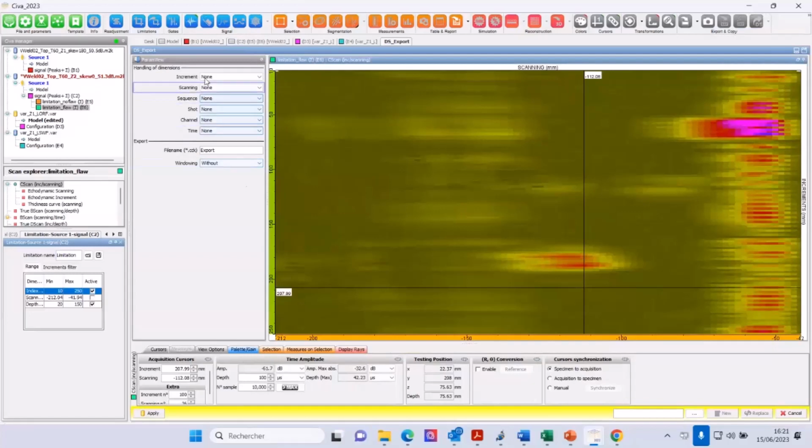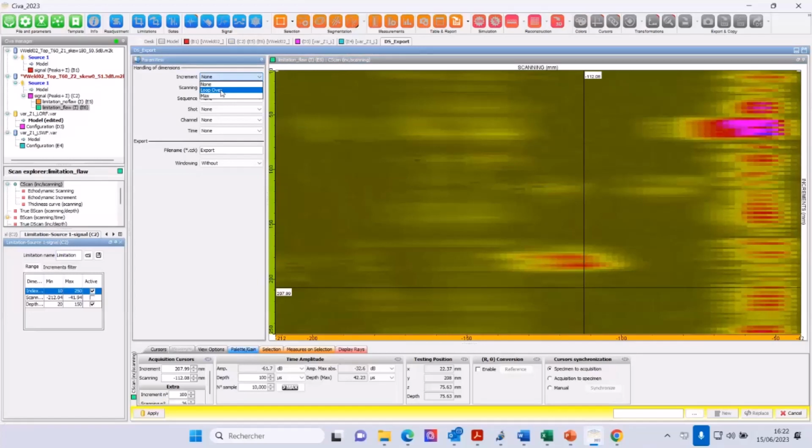information. So you have here some parameters to key in. We'll not go into details, but they are parameters to say what output. This is important to train the algorithms after, to say on which data you want to train, if it's only the maximum amplitude or the echo dynamic or the time of flight and so on. So you have different options here to define which information you are going to export to then re-import in the CIVA DS module.